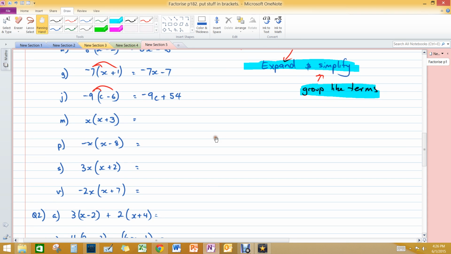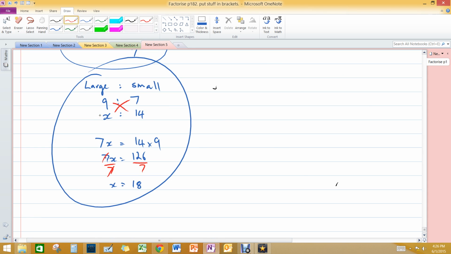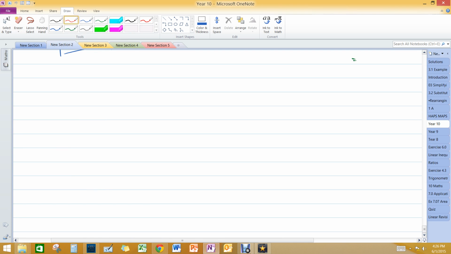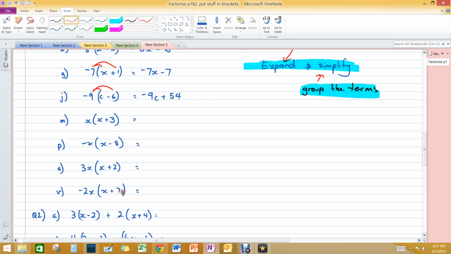Next one, m. Write in our lines at the top. Oops, sorry about that. I'm not sure what's happened there. So then what we have is x times that, and x times that. So it's going to be x squared, and then the x times 3 is plus 3x. For this next one we have negative x times x. It's going to be negative x squared plus, because a negative and a negative makes it positive,